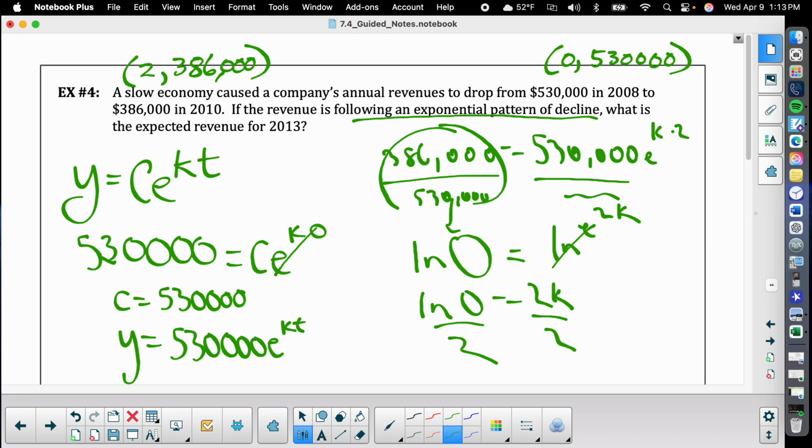So on the test, we have to plug K back in. I would not do anything with decimals until the final answer so that the rounding will work correctly. We just found K, should we plug it in like that? K is going to be ln of 386 over 530 divided by 2. Yes. Okay, so now,